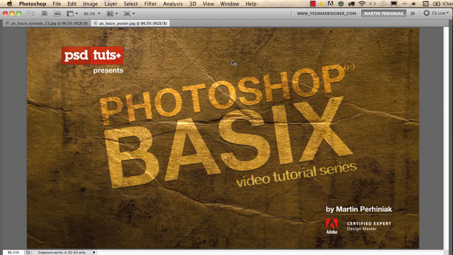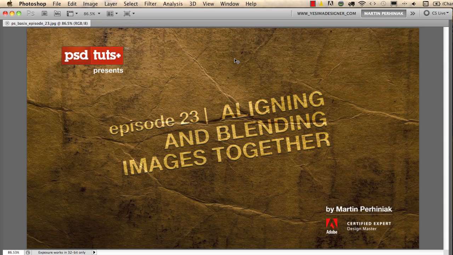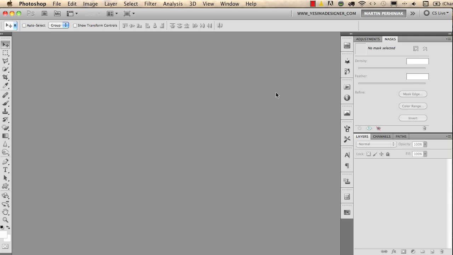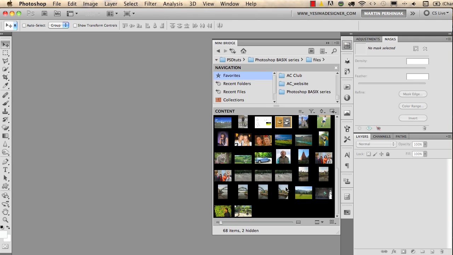I'm Martin Perhiniak, and in this tutorial we are going to learn how to merge images together with the Align and Blend options in Photoshop. I'm going to use the Mini Bridge panel to open these images, and first I'll show you how to create